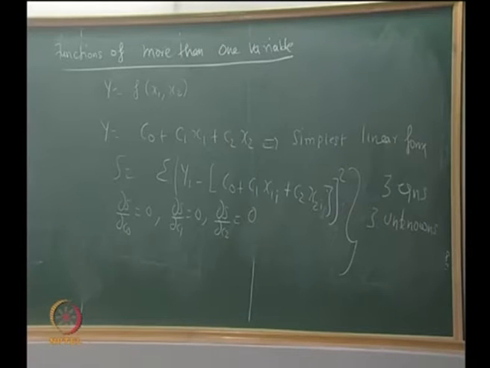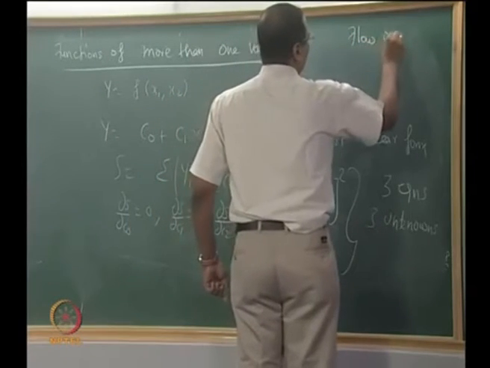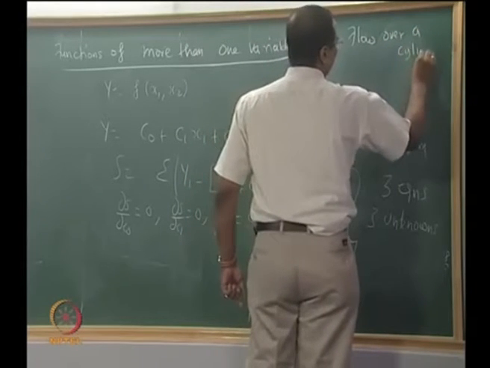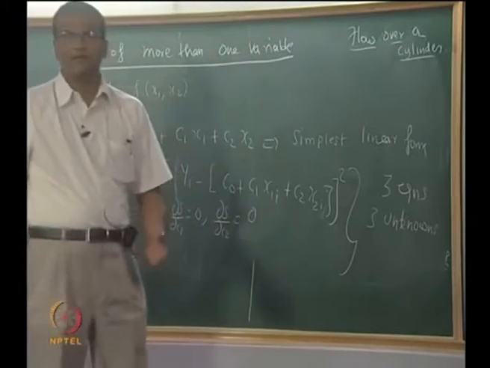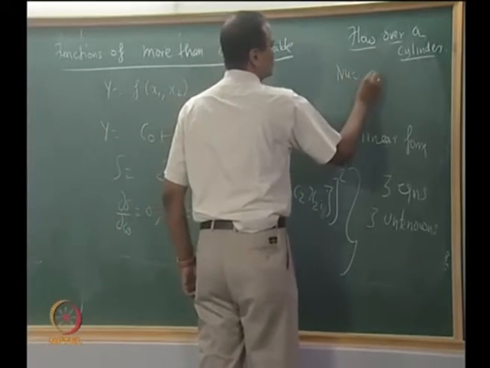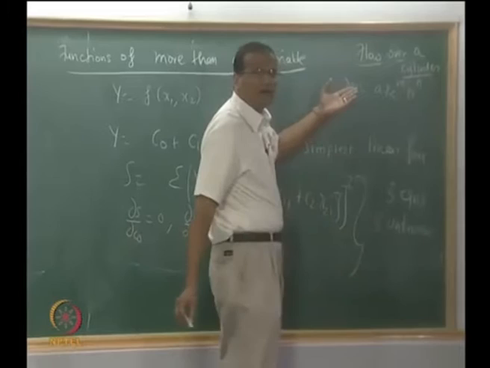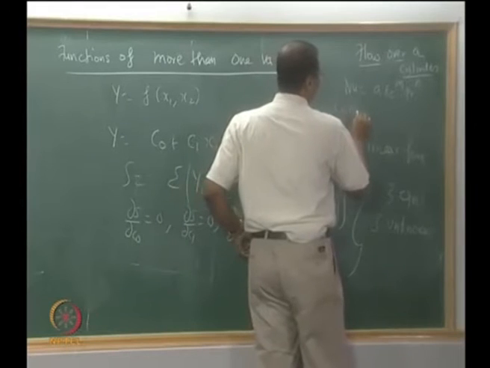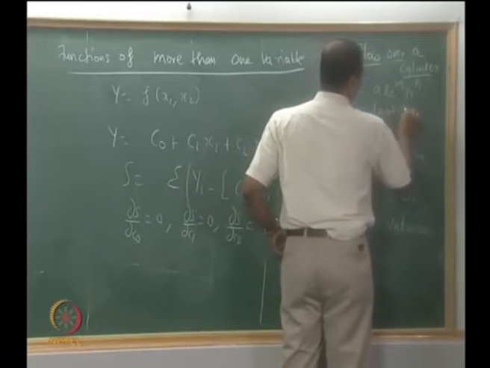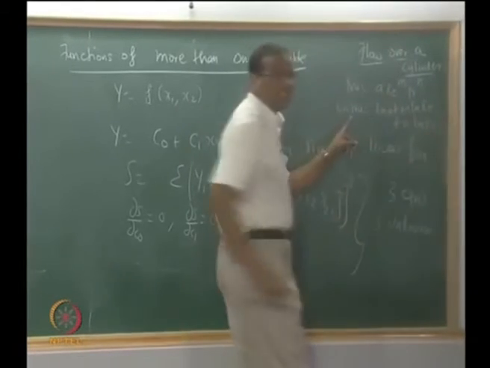What is the immediate provocation for trying to understand a form like that? For example, flow over a cylinder, okay, so the Nusselt number goes as a Reynolds number to the power of m, Prandtl number to the power of n. This is also turbulent flow over a pipe, Dittus-Boelter equation, Sieder-Tate equation. So if you take ln Nu, is it a linear form?